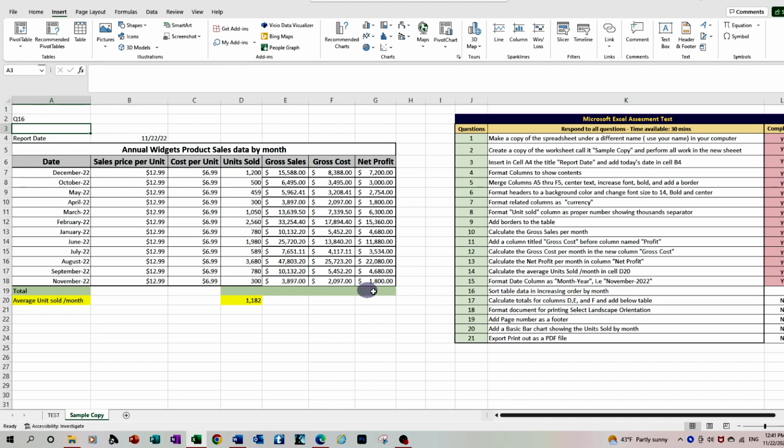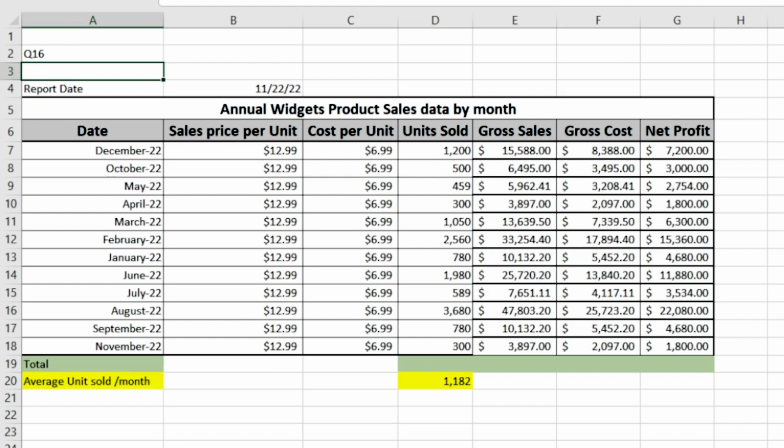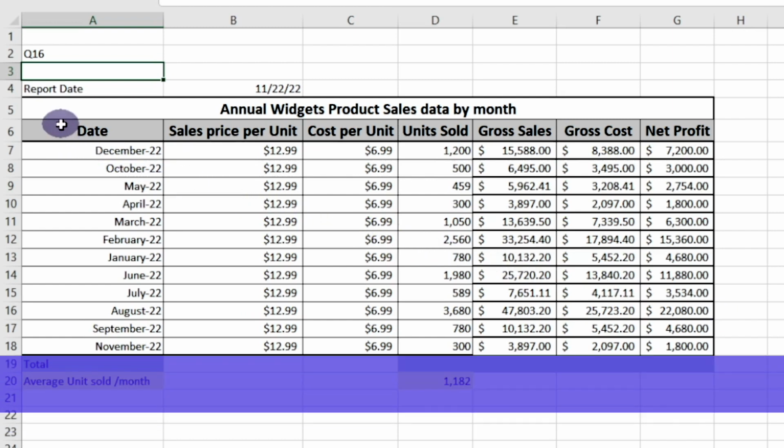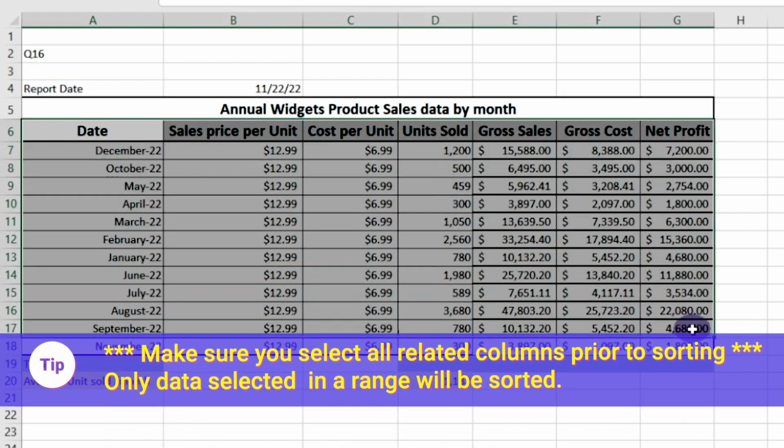Question number 16. We are asked to sort the data in the table by column A in increasing order. Since we're dealing with dates, you want the earlier dates first. We will perform this action in two ways. First and most important is to select the range of data we need to sort. Make sure you select all related columns, otherwise they're not going to be sorted and you're risking ending with